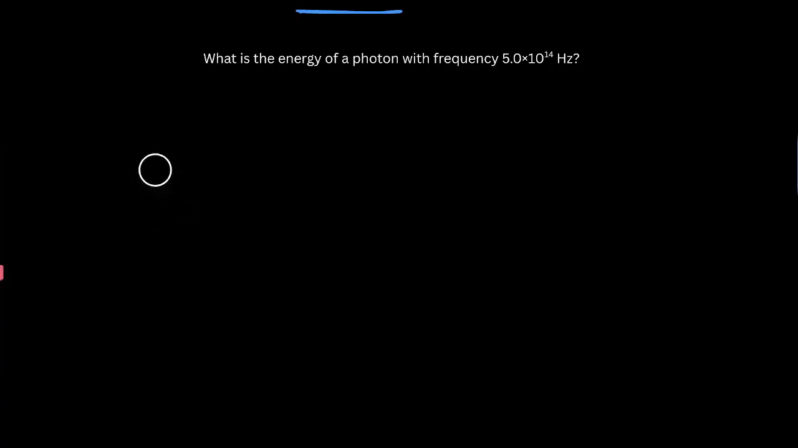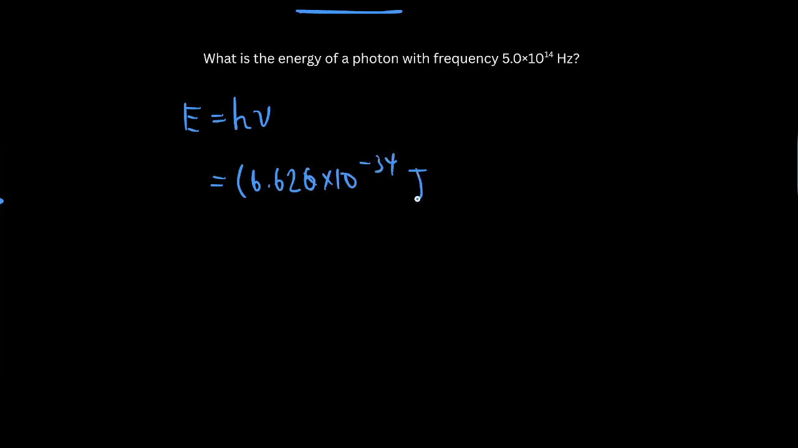Well, this is again straightforward enough. We just need to start off with our formula, E equals h nu. We're trying to find our energy, and Planck's constant is a constant, so it's always going to be the same. That's 6.626 times 10 to the negative 34 joules times seconds. And here our frequency is given as 5 times 10 to the 14